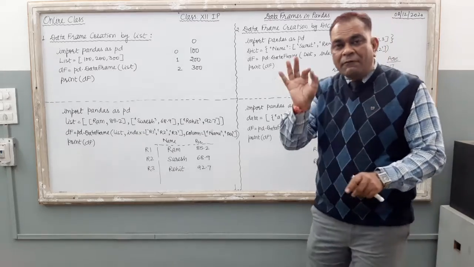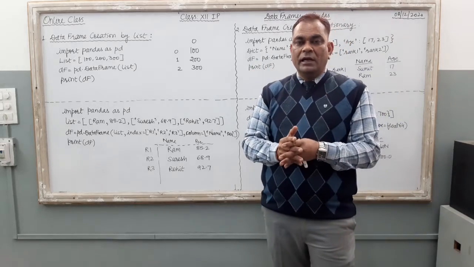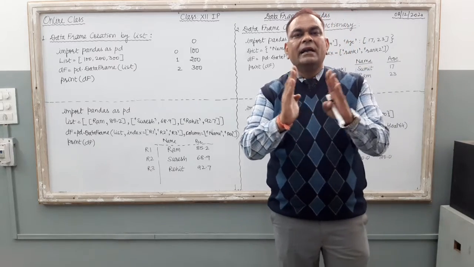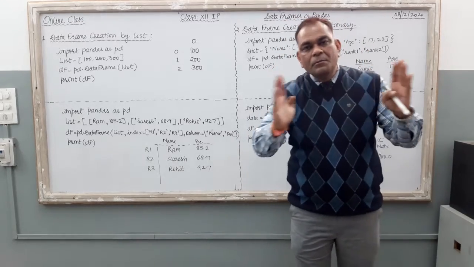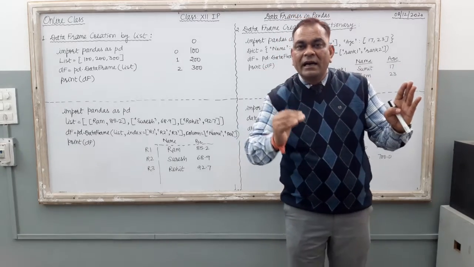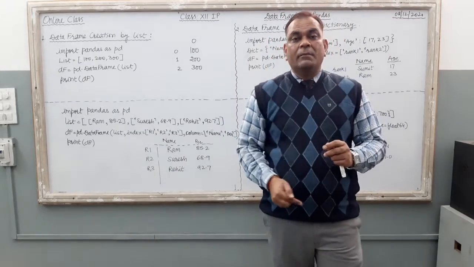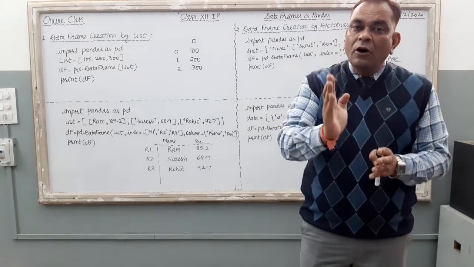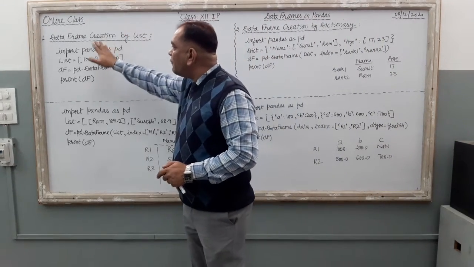As you know, data frame is a two-dimensional structure. We can say it is just like a table only. Now, in this table, either we can include a single column or we can include multiple columns. It is up to us only. Size of the data frame is mutable. Mutable means you can insert n number of columns at different stages with your data frame. The data inside the data frame is also mutable, means at any further stage you can change the data of your data frame. Right? So here we are going to start how we can create data frame by using list.